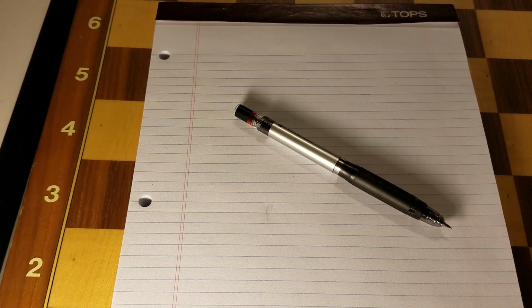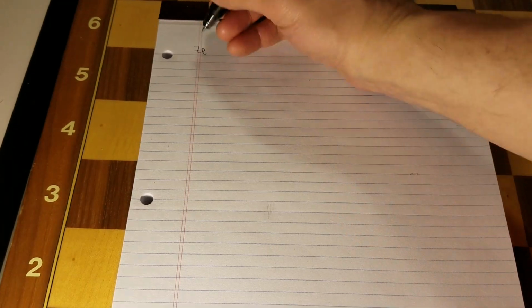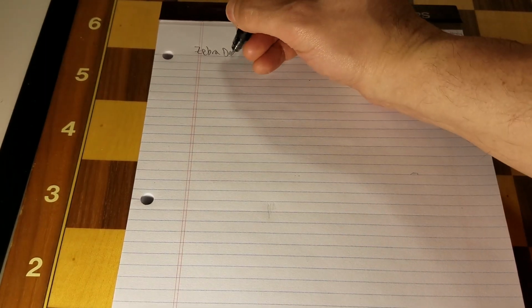And so if you're looking for a really high quality pencil, you can access the Uni Kuru Toga and the Zebra Delguard at Walgreens. And so I just noticed that when I was at a Walgreens over the last month or so. And so let's run this one down on the rating scale. This is the Zebra Delguard